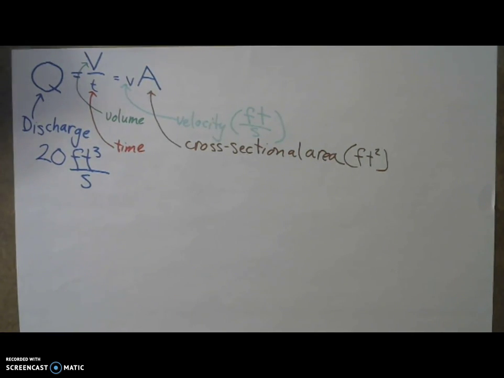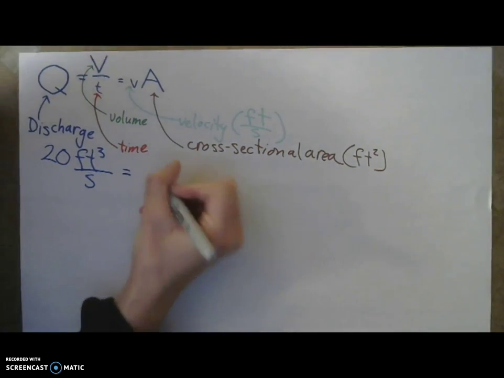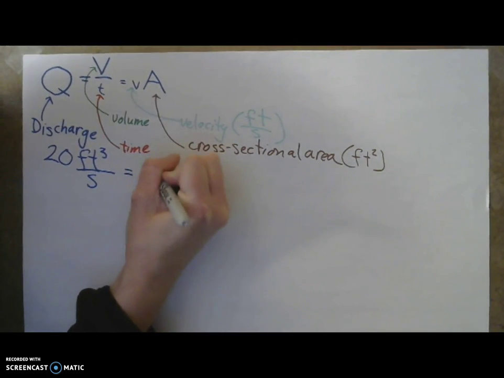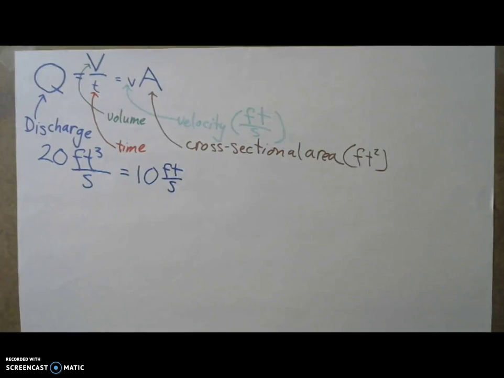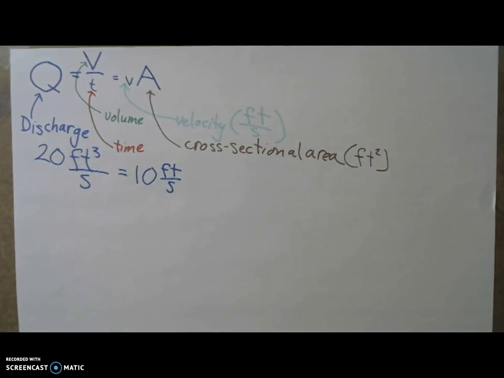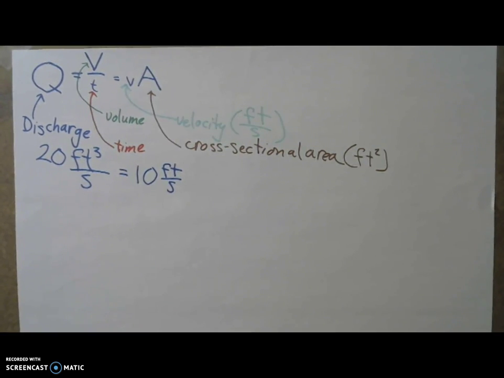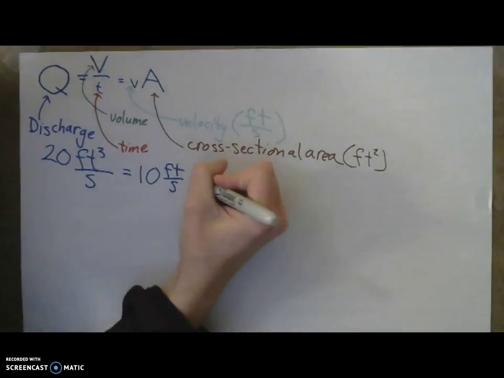For starters, let's say our velocity is 10 feet per second. So the cross-sectional area is